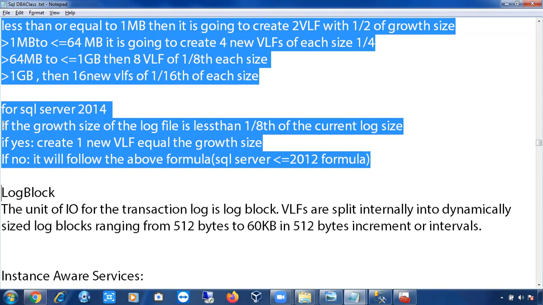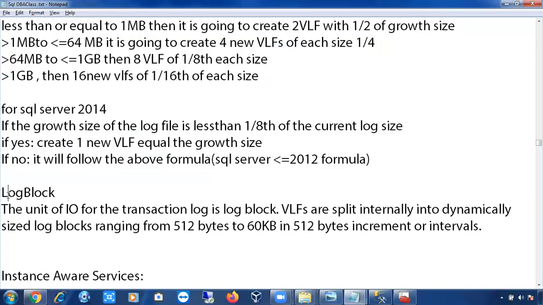Yes. While discussing about the page size, pages are going to be loaded inside the memory, so too many pages will cause performance issues if the page size is very big. In that case, it will also take time to load the page inside the memory. So from the data file, pages are going to be loaded inside the memory. In the same way, from the log file, log blocks are going to be loaded inside the memory.